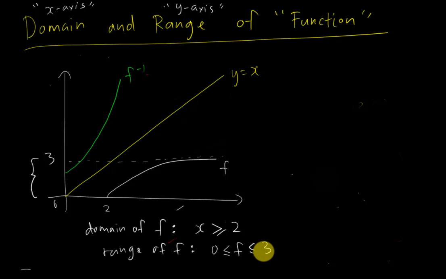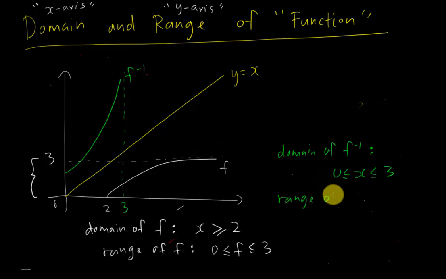Alright, so now we go into the inverse. For the inverse, the first thing I will do is the domain, because they are reflections. So definitely you can guess this value should be 3. Therefore I know the domain of f inverse is from 0 to 3. And if I want to find the range of f inverse,